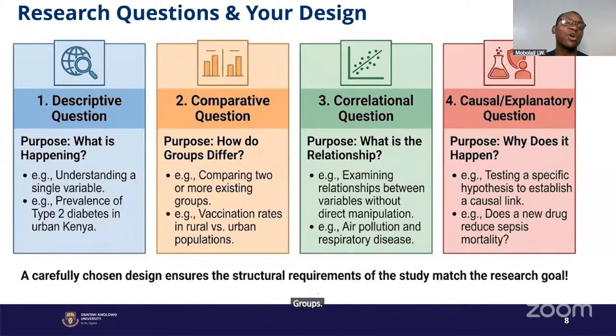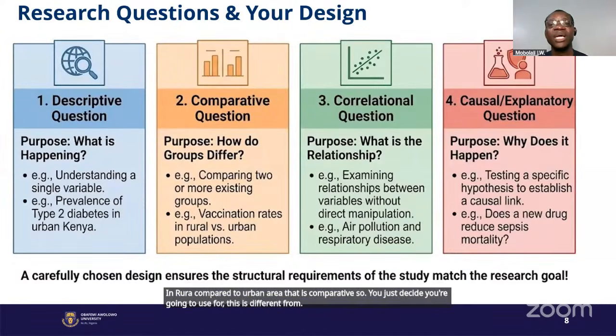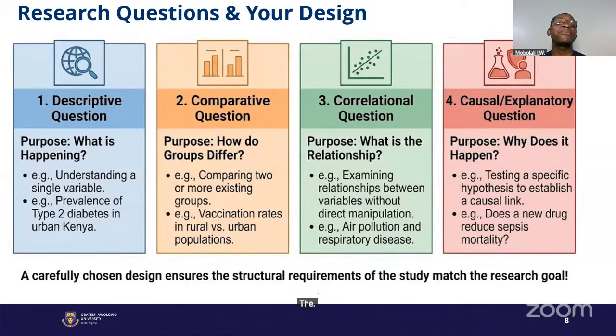groups. That is comparative, when you have comparative questions. How do groups differ? So maybe you want to compare two or more existing groups. For example, vaccination rates in rural compared to urban area. That is comparative. So the research design you're going to use for this is different from the one you use for descriptive questions. And the one you use for both may be different from the one you use for correlational